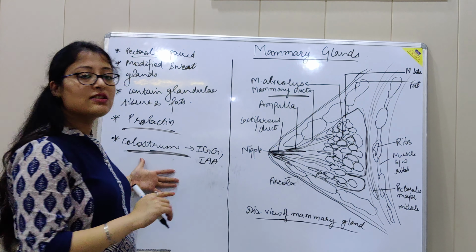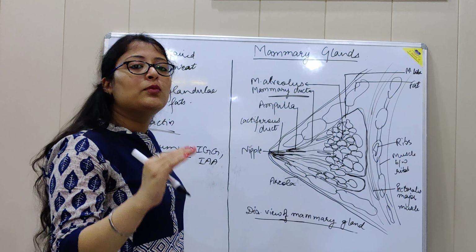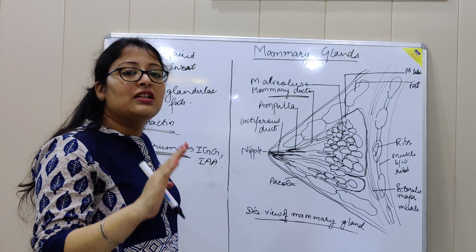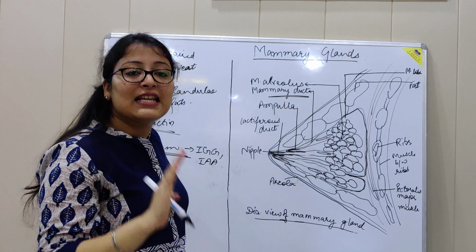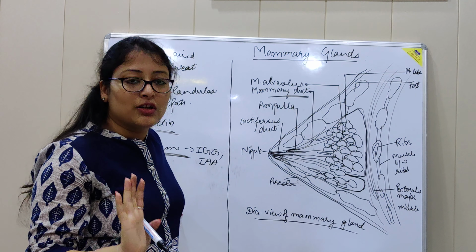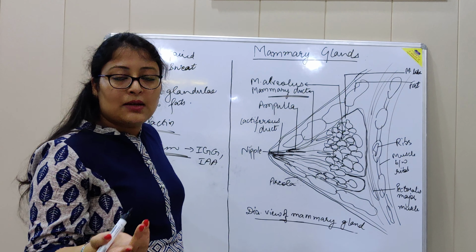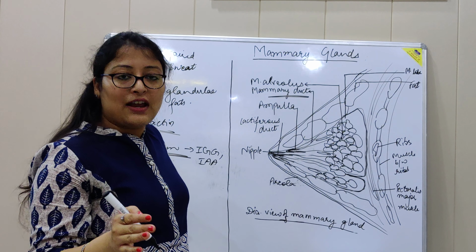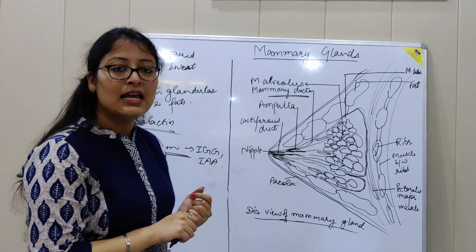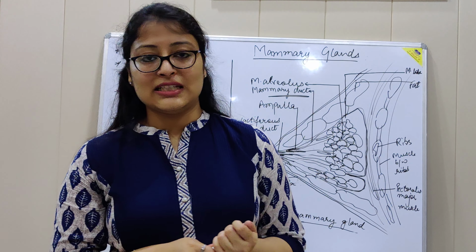So these things are responsible for building the immunity of the newborn, and the WHO recommends that a newborn should be given breastfeed for the initial 6 months after birth, for building immunity. Normally, a female produces 2 liters of milk per day, but it also depends on other factors, ejection, etc. So this was all about mammary glands. In today's video, we covered the human female gamete and mammary glands.